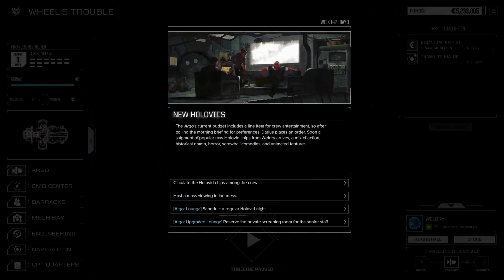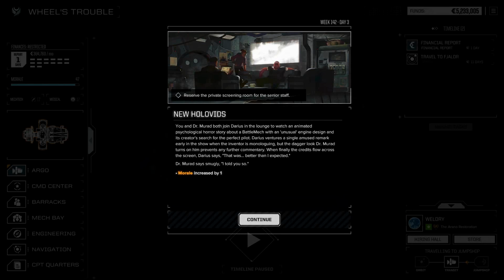New holovids. Alright, we've read the premise behind this one before. Let's put this upgraded lounge to good use and reserve a private screening room for the senior staff again. You and Dr. Murad both joined Darius in the lounge to watch an animated psychological horror story about a battle mech with an unusual engine design. Its creators search for the perfect pilot. Sounds like Gundam Wing. Not Gundam Wing, but Gundam...